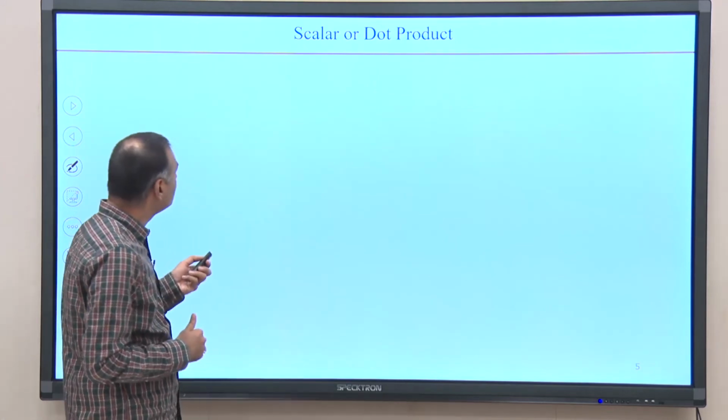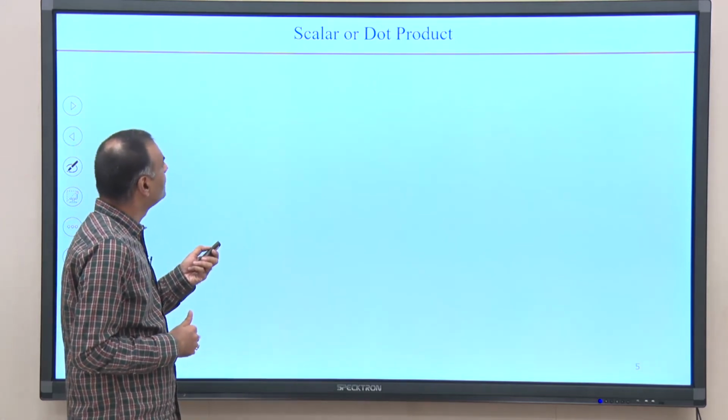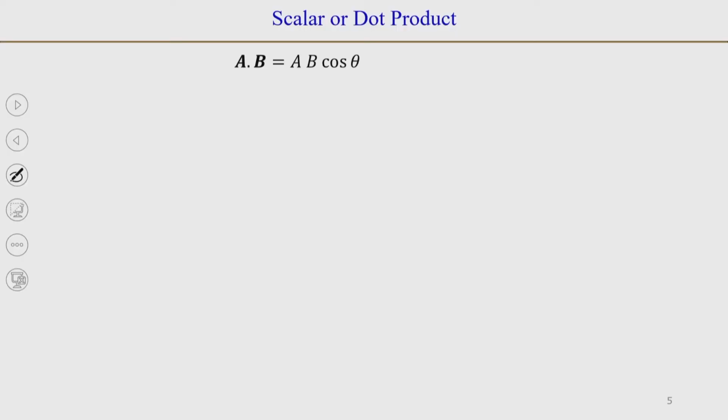When you multiply two vectors and you get a scalar, that is called the dot product. So, A dot B, where A and B are two vectors, is their dot product. So, dot represents this, and that is the reason we call it dot product, and